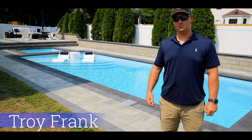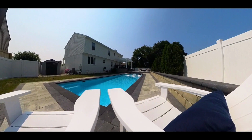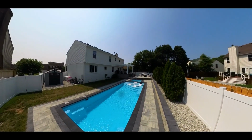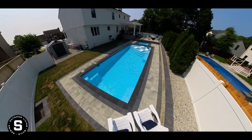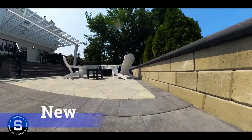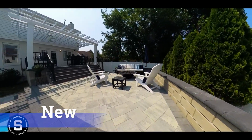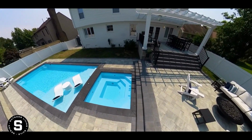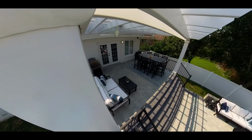Yeah, my wife did a lot of Facebook research and online research, and came across Solid Structures. Turned out really great. We had a lot of grass to start with, an old wooden deck fixture out here, and we're a family that likes to have a lot of people over. We also have other immediate family members in the area, so we looked to increase opportunities for having parties and